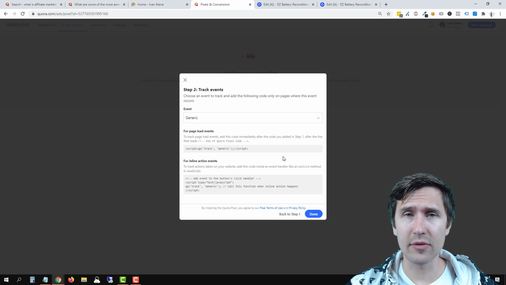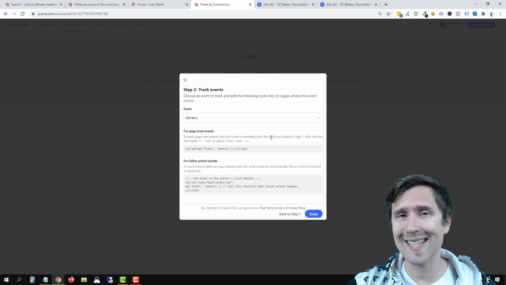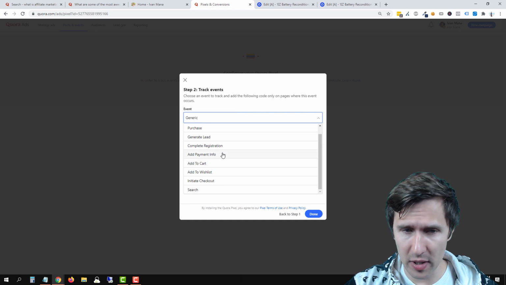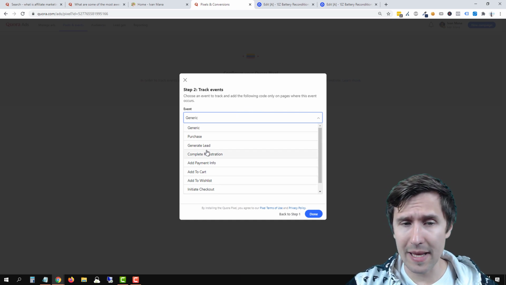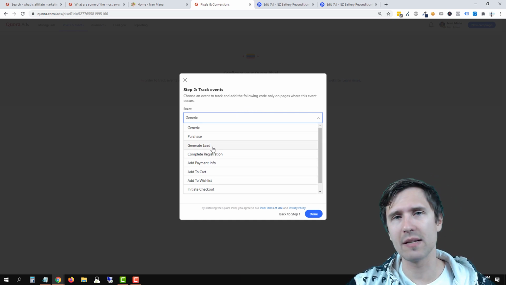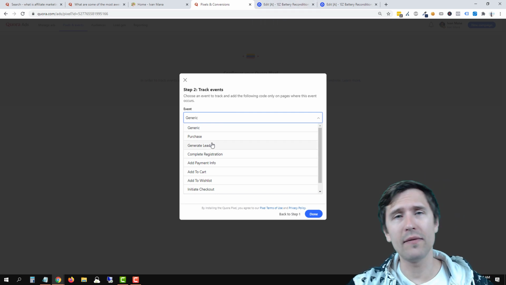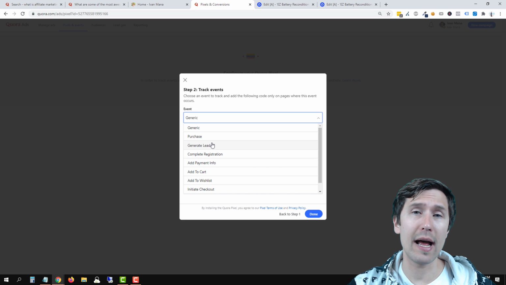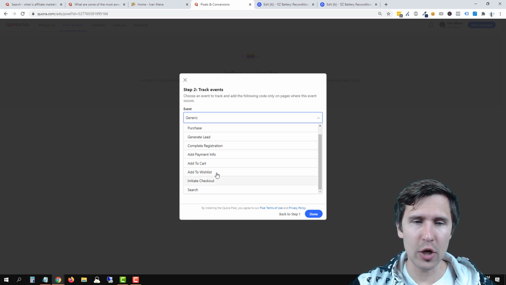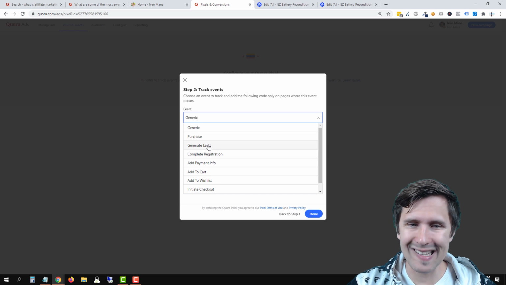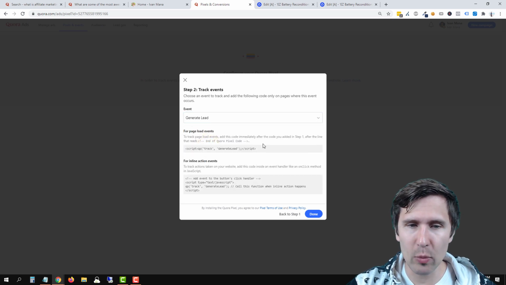And now we have to enter the actual event. So whether it's a sale or a lead or a checkout initiate, whatever it is you want to do. So in our case, it's going to be a generate lead, right? So let's suppose someone signed up, they entered their email, they have become a lead. But if you're adding this pixel to a page after someone makes a purchase, then you would enter purchase, okay? Get the idea? So what we're going to do is let's select generate lead, and then we have to add